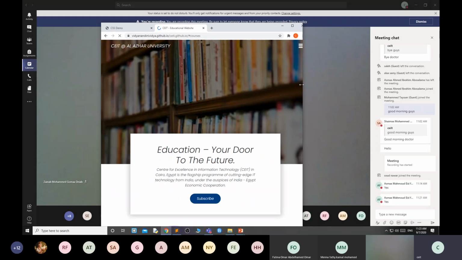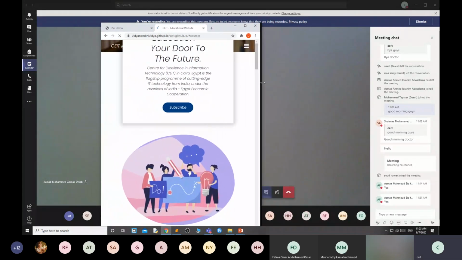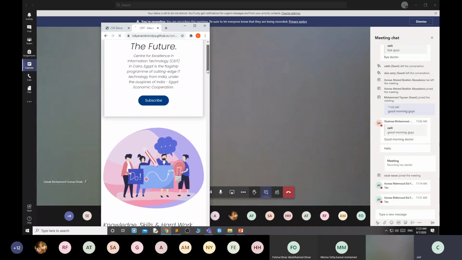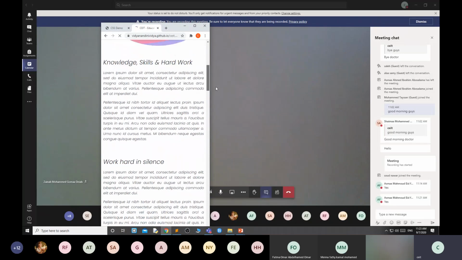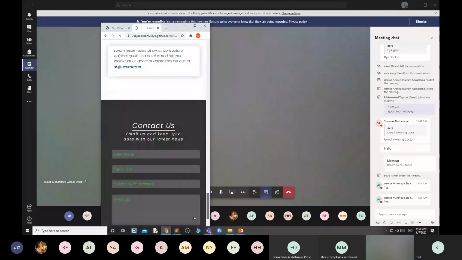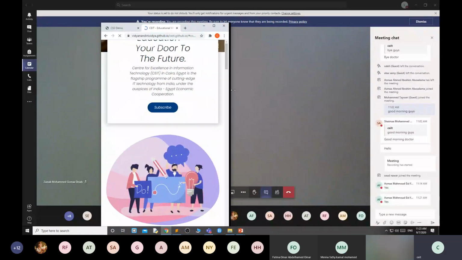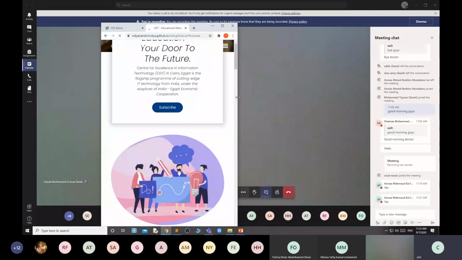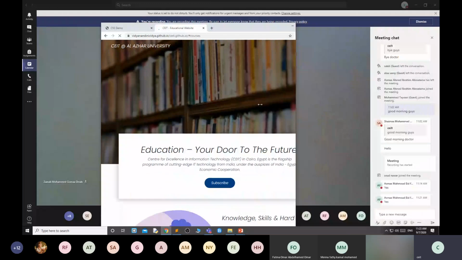See, it is responsive. You can see the whole content, but the way it displays is different. But nothing gets cut. Everything is displayed in that particular frame. If you increase the frame, it displays in a different way. If you minimize the frame, it displays in a different way, but nothing gets cut.